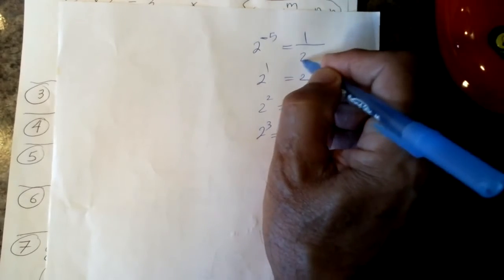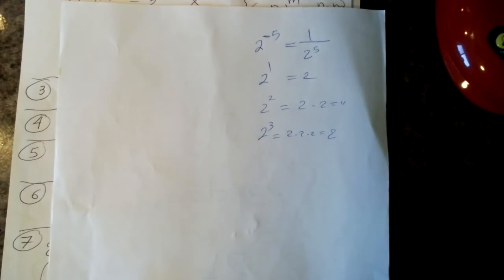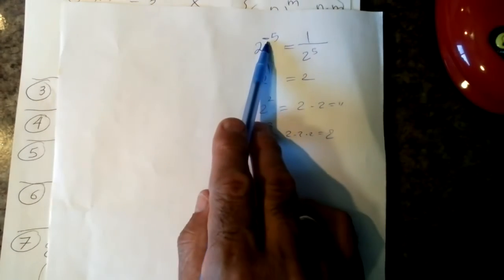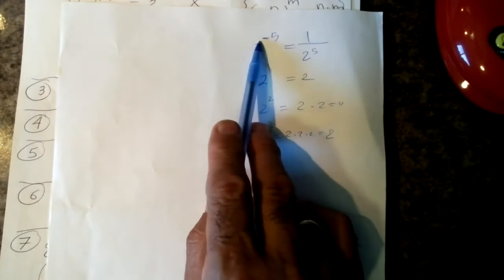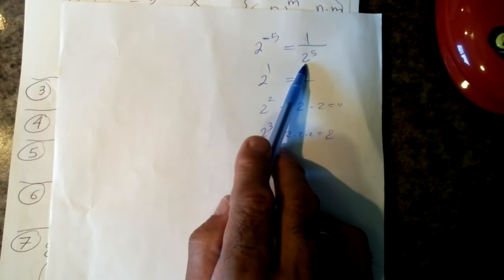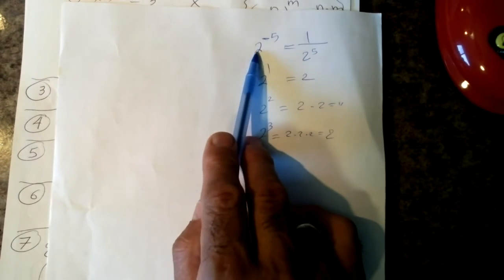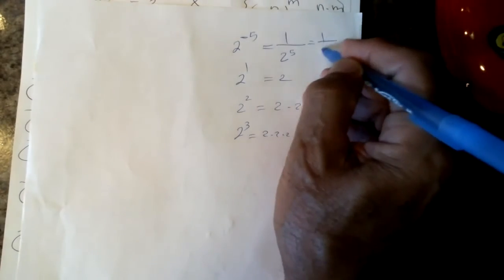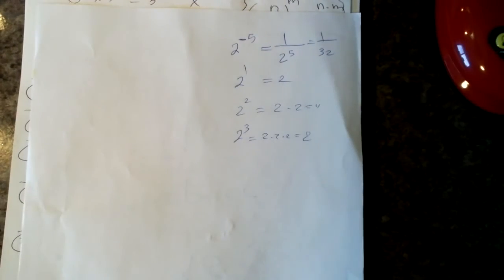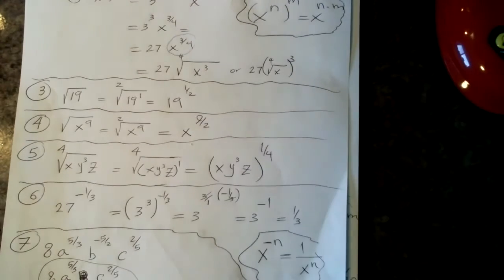In order to do that, the formula said just write it as 1 over 2 to the power of 5. That's how to change a negative exponent to the positive one. You have to inverse this. So 2 to the power of -1 is 1 over 2 to the power of 5, or 1 over 32, which is a very small number when it's a negative one. So in that case here,